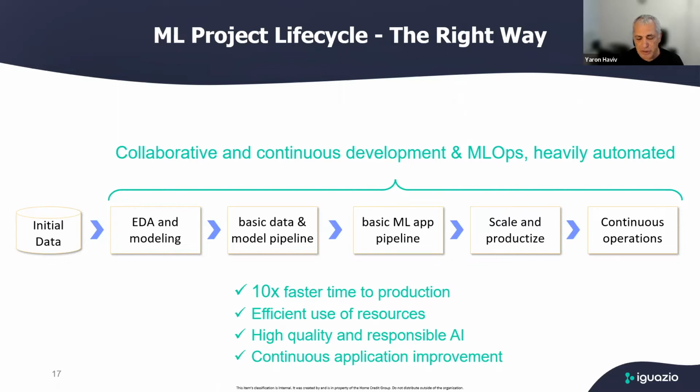You can explain what you've built. You can explain why the model behaves in a certain way. You can roll back to previous versions in case of failures. So you bring much higher quality. And you can deliver continuous application improvement. That means that if you need to add another feature, it's relatively easy. You just go to the code base, make this small change, and the automation, the automated testing, the automated deployment will do the rest, and you can deliver those incremental changes very quickly into production.